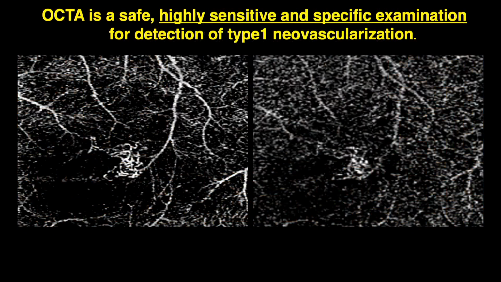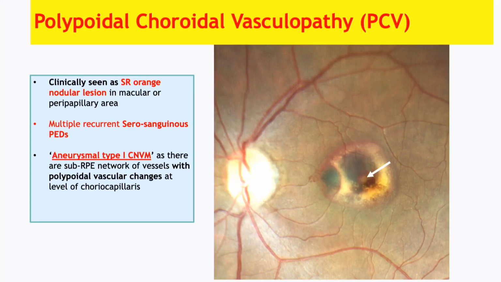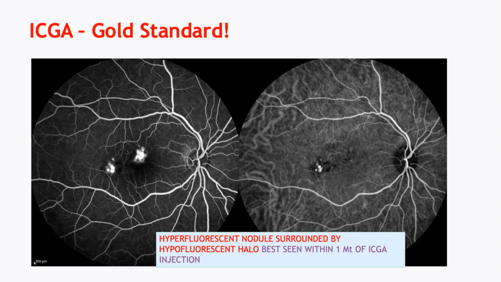So OCTA is highly sensitive in picking up this neovascularization, whether the first type which we mentioned as secondary CNVM in the setting of a chronic CSC, or a de novo neovascularization as pachy neovasculopathy. So in PCV also, the OCT and OCTA combination has revolutionized the serosanguinous maculopathy. ICG used to be the gold standard with hyperfluorescent nodular lesions in the first 1 to 3 minutes, but now